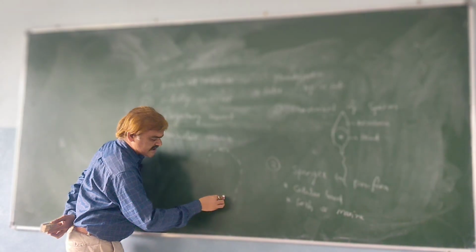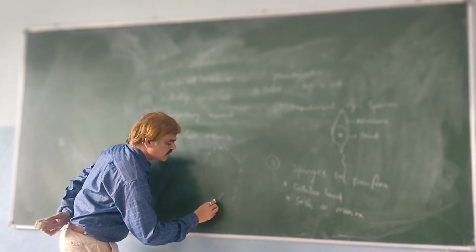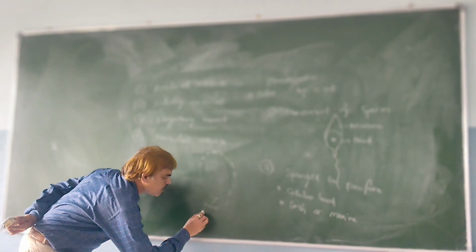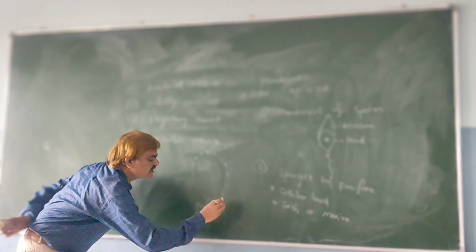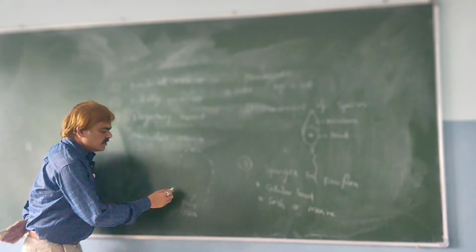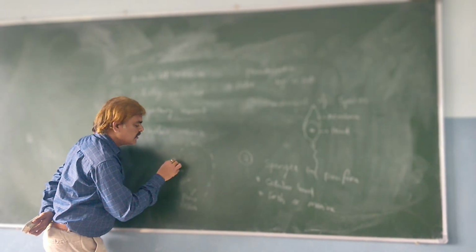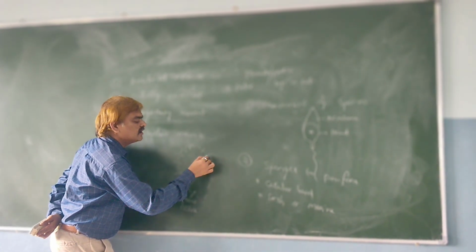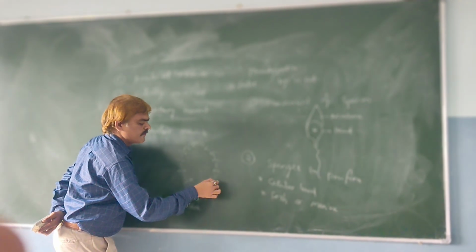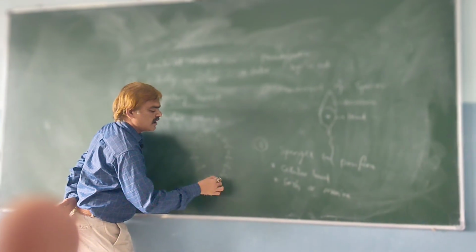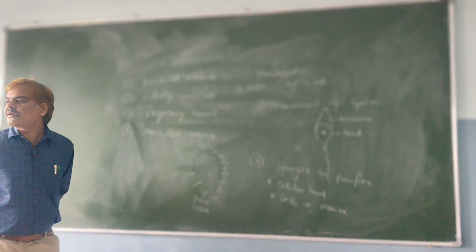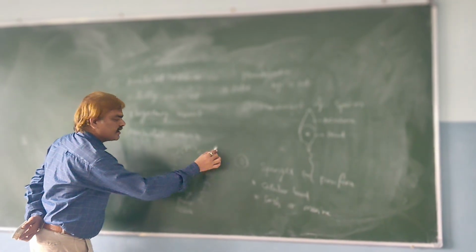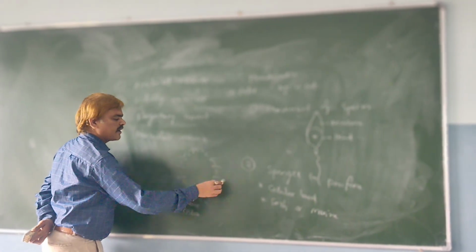See here, the pores are present. What is this called? Pores, which are nothing but holes. These pores are called ostia. Where are they present? Sponges are in water, either fresh water or saline water. Saline water means marine water. So the sponge is located and situated in the water.